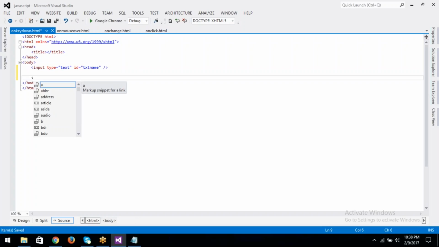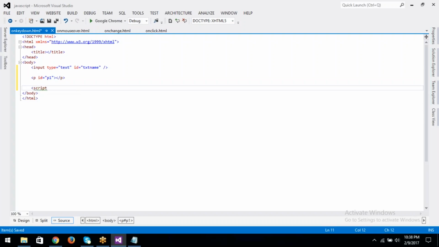Now I want to display the entered text from the text box in a paragraph, with id equal to p1. And a function getText, where myText equal to